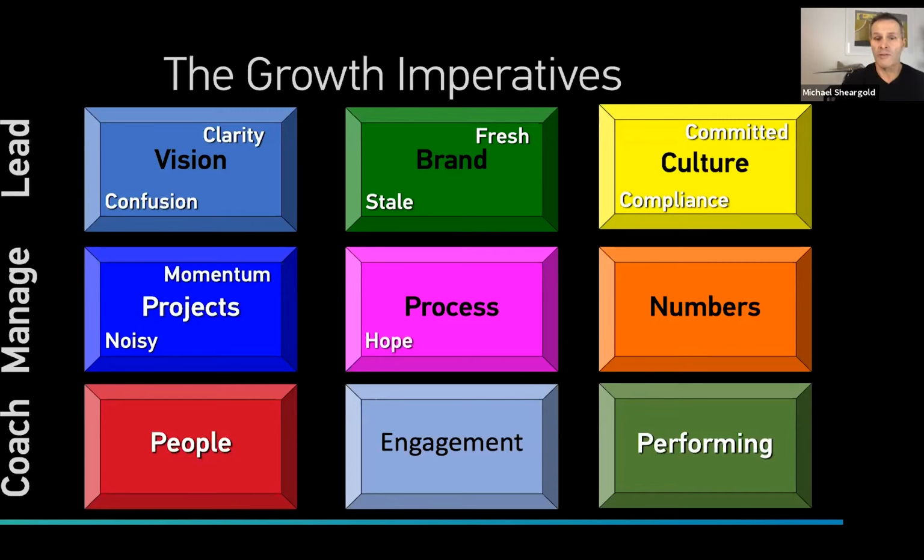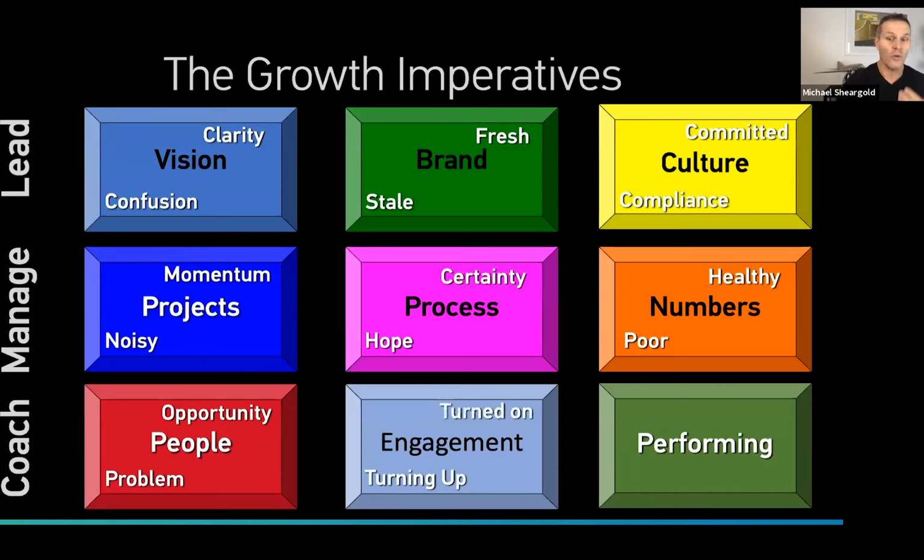Your processes are either a hope process, where you hope it's going to work out okay, or you've got certainty the process will deliver the result. Your numbers are either poor or they are healthy. Your people are either a problem or they're an opportunity. Your engagement is either turning up or they're turned on, and they're either underperforming or they're excelling in terms of what they're doing. Now, I'll just leave that up for a moment because you might want to take a